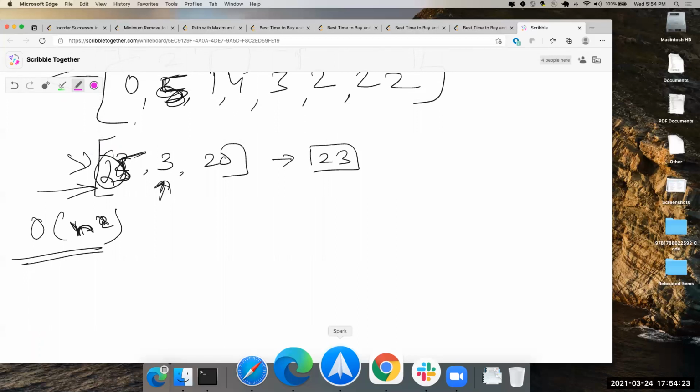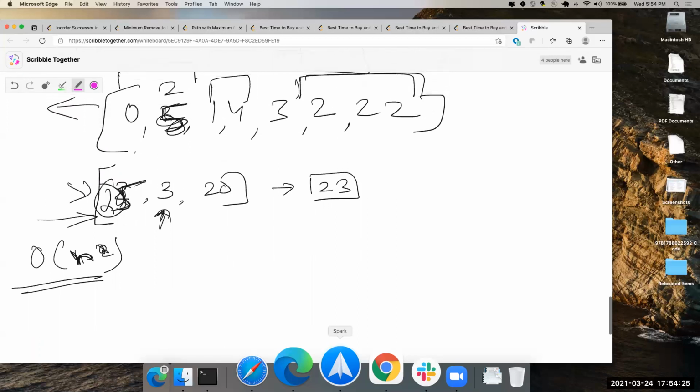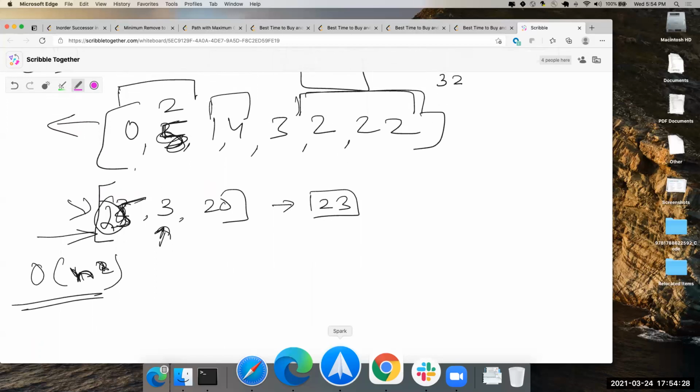No, but that will not work, I think. Why not? That's what I'm trying to come up with. Give a test case where it won't work. Let me come up with a test case for that.